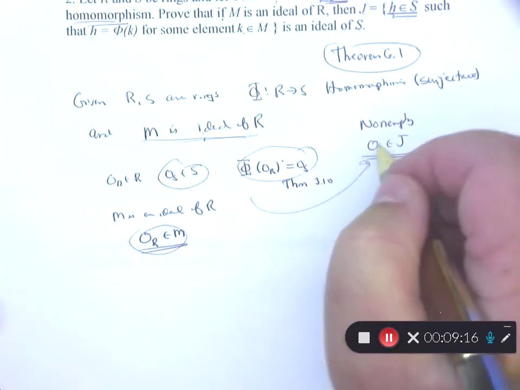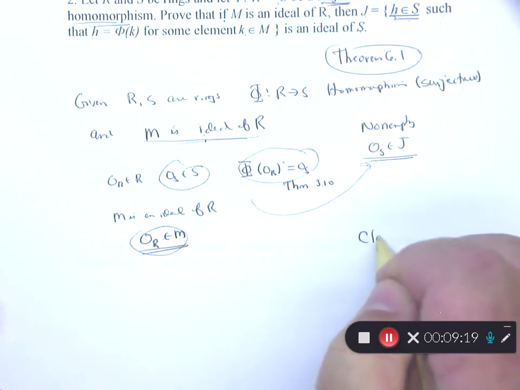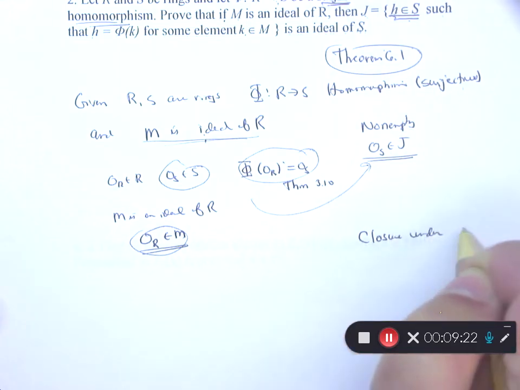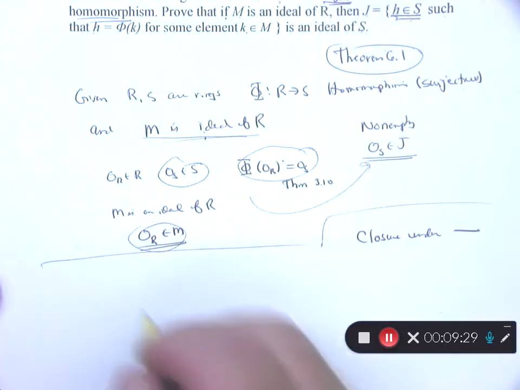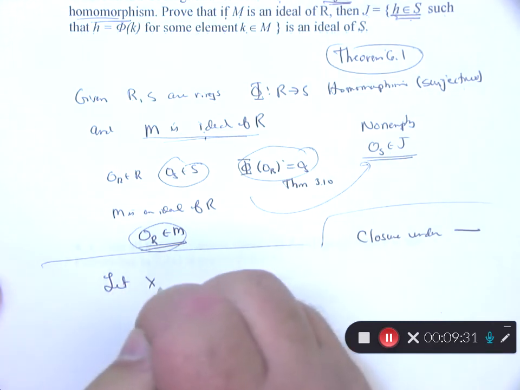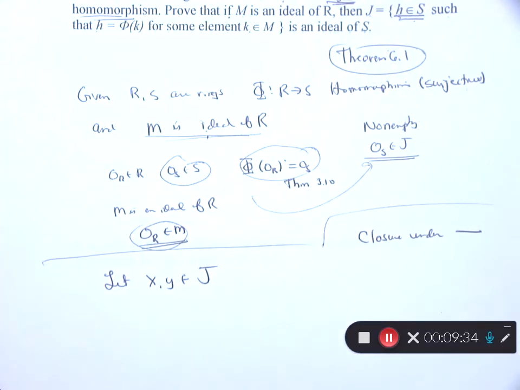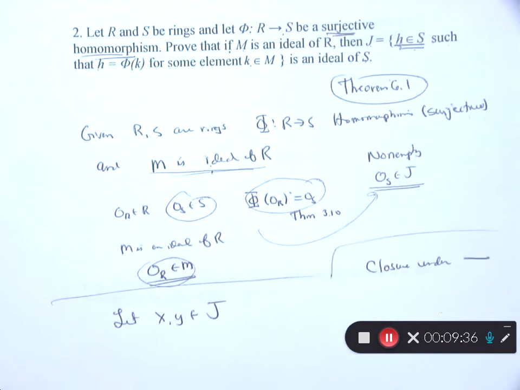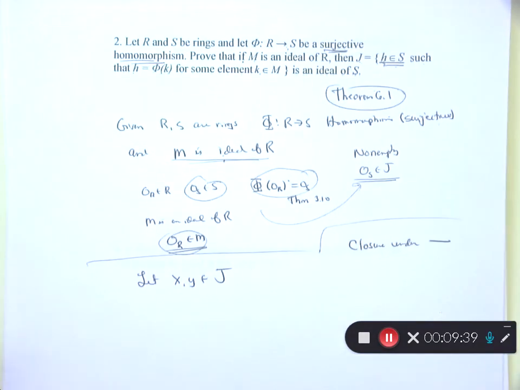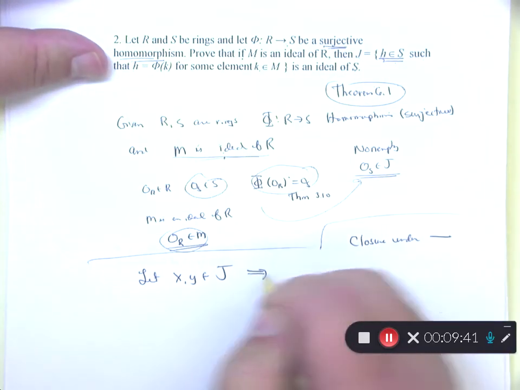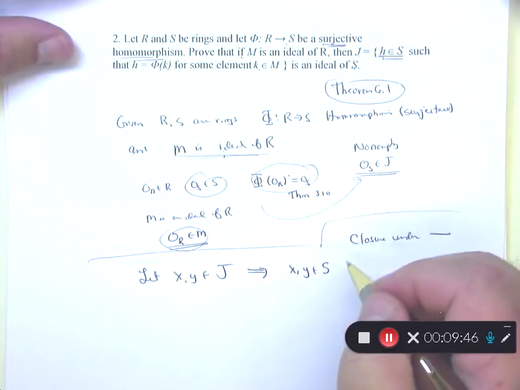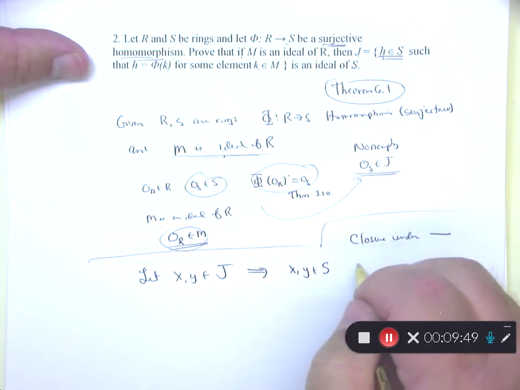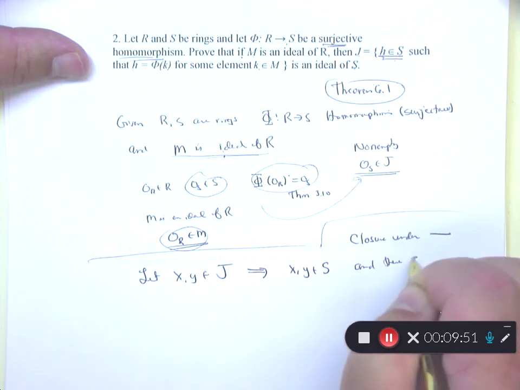Well, the next thing you have to show is closure under subtraction. This is my scrap sheet, so I get to abbreviate everything here. Closure under subtraction, so we start with our standard: let X and Y be elements of J. Here's the hint. To be inside of J, where do you come from? This implies that X and Y are elements of S. Remember, write proper English. This is my scrap sheet of paper. And there exists,